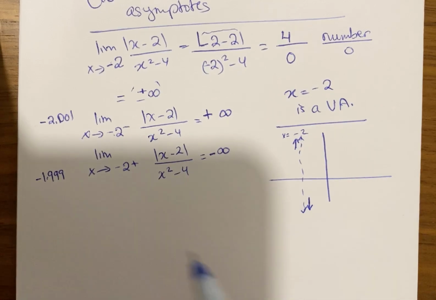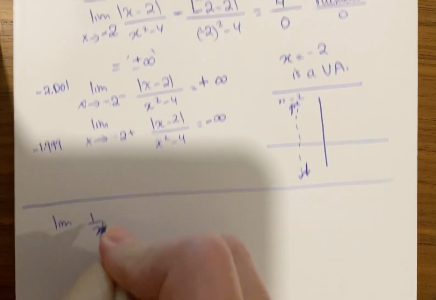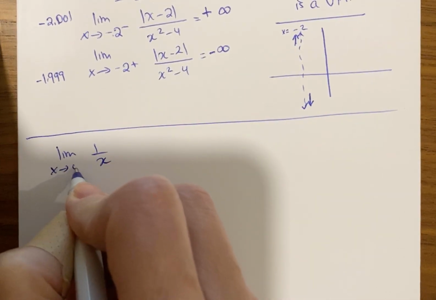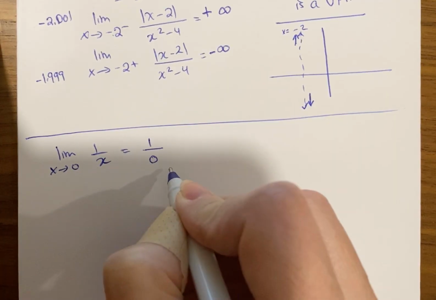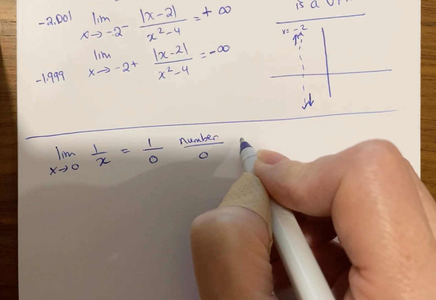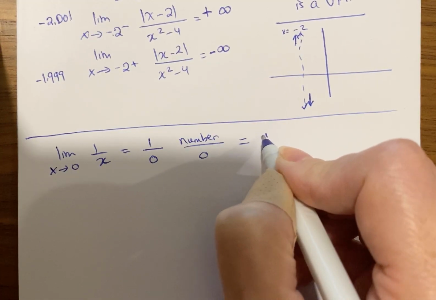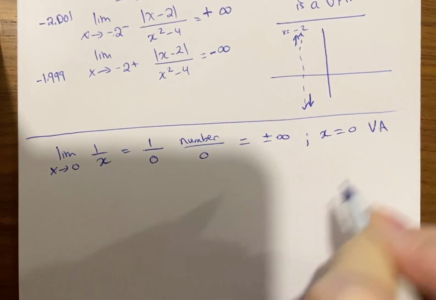So such an example comes from the simple example of a hyperbola. What's the limit of 1 over x as x approaches 0? The first thing I do is substitute. I get 1 over 0. Number over 0. What do you do? What are the steps you take? First, you put that the answer is plus or minus infinity and that x equals 0 is a vertical